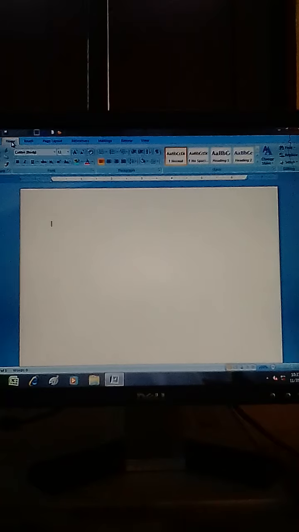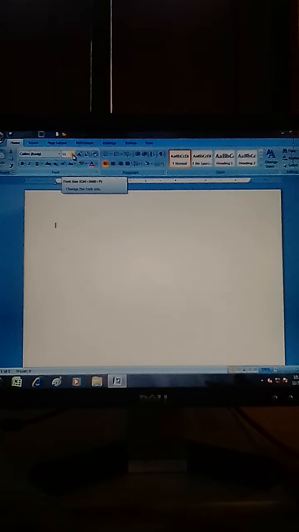Beneath the title bar there is another bar on which tabs are available. First of all we will focus on the Home tab, and in the Home tab we can edit and format any word, any document or any letter based on any description.